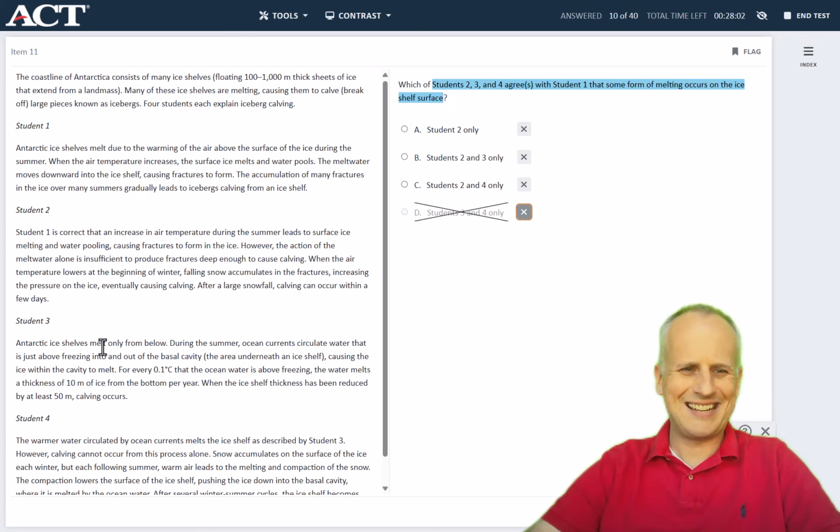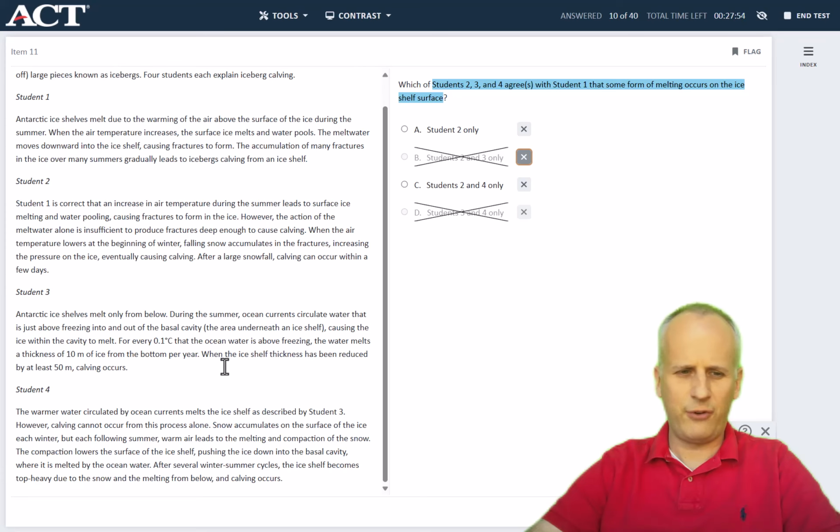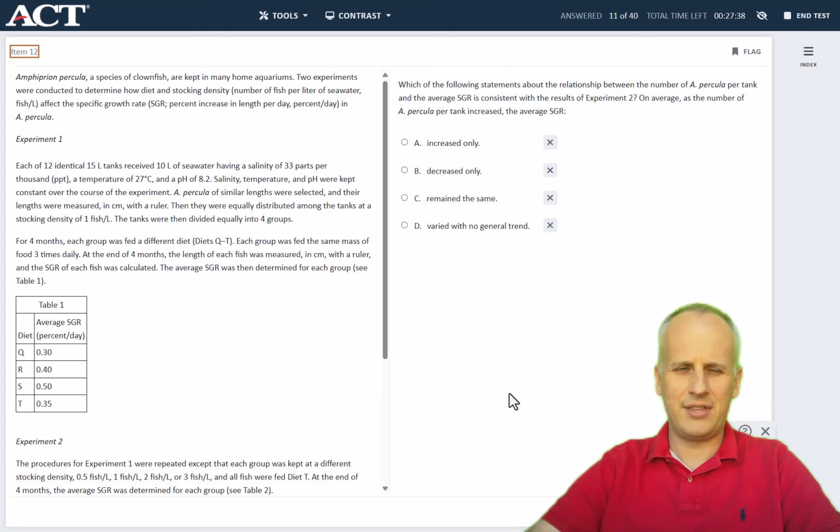Student 3 just said that shelves melt only from below, if we recall the prior problem, so we can eliminate anything that involves student 3. And then we just have to consider student 4, and student 4 says that snow accumulates on the surface of the ice each winter, but each following summer warm air leads to the melting and compaction of snow, which of course would be on the surface. So we can select the correct answer of choice C here